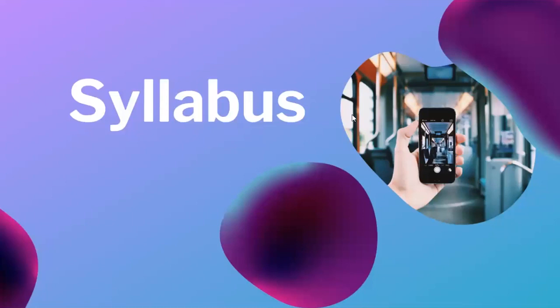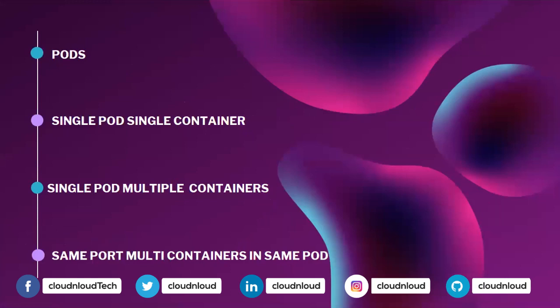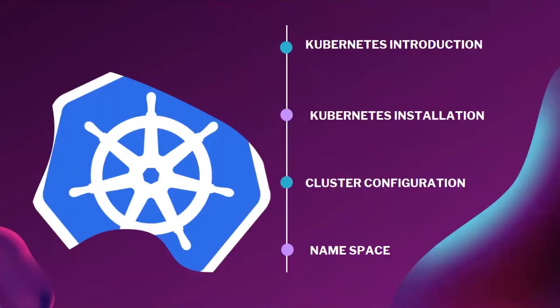Okay, so now what are we going to discuss as part of this Kubernetes administration. Basically we are going to see what is Kubernetes, why Kubernetes, what is the future, and what are the services. What is the architecture, what is the load balancer, what is the node port, what is the ingress, and how to install Kubernetes, how to configure a cluster, and how to create a namespace.